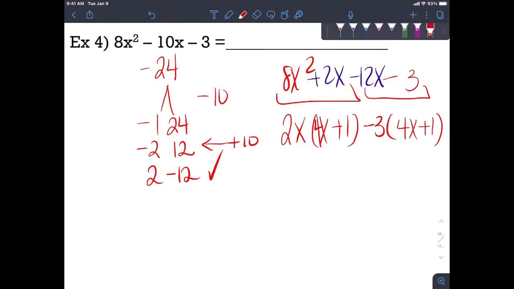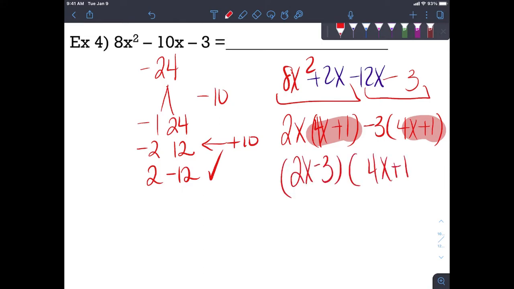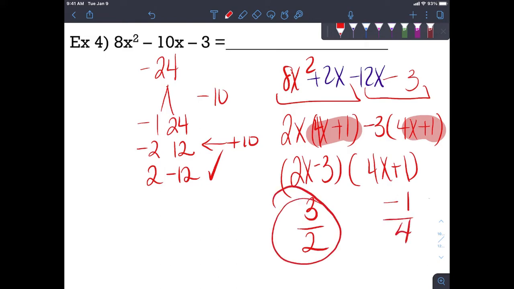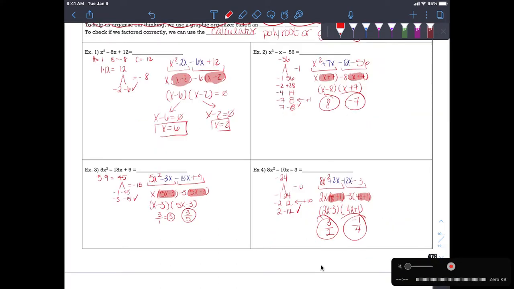Now I'm going to verify the insides of my parentheses are exactly the same. I'm going to combine like terms. I am now factored. Had they asked me to solve it, opposite over coefficient. Opposite over coefficient. For our answers,